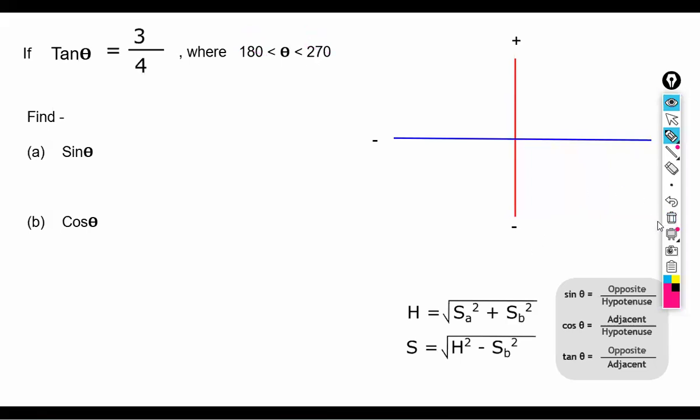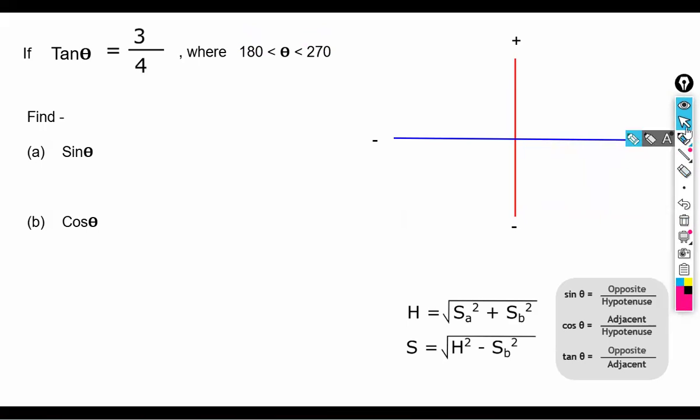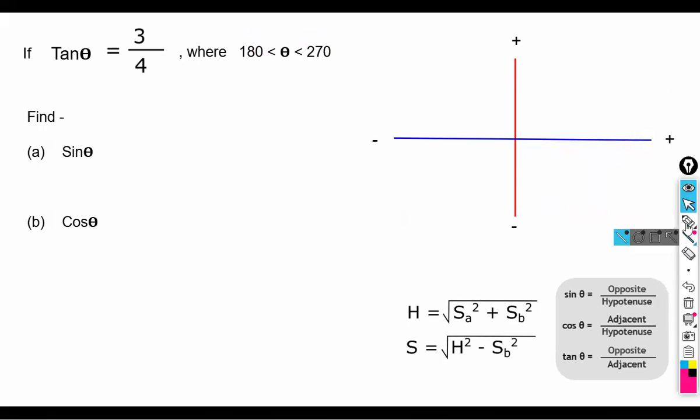180 and 270. Who could tell me which quadrant we are talking about? Quadrant 1, 2, 3, or 4? If I tell you theta is between 180 and 270, which quadrant is that? That's the first thing you have to identify in the question. In case you don't remember,